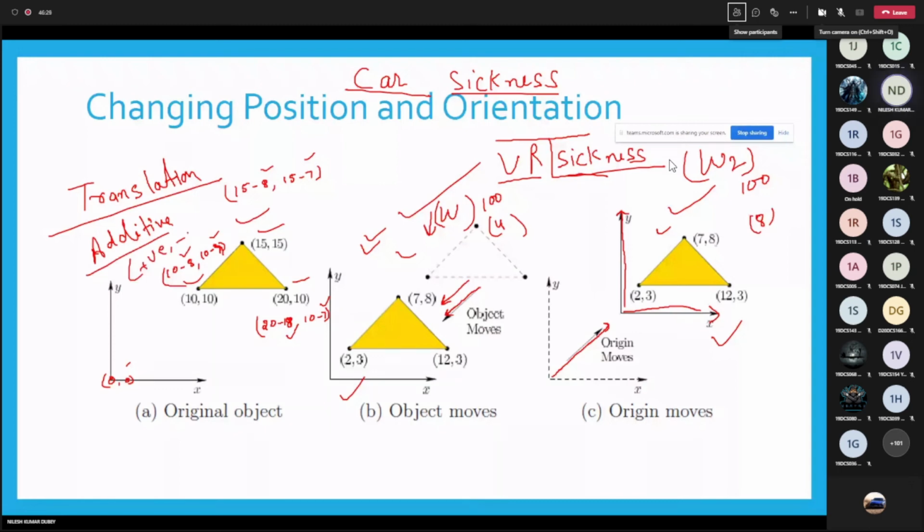Because if I'm writing x plus xt, when I'm saying positive or negative, it means that this xt can be positive or negative. That is the meaning. The change you are going to make, that value can be positive or negative, but you have to add it. If it is a negative number, definitely the outcome will reduce the parameter of that primitive, meaning it will go close to the object origin. And if you are going to use positive, then it is going to